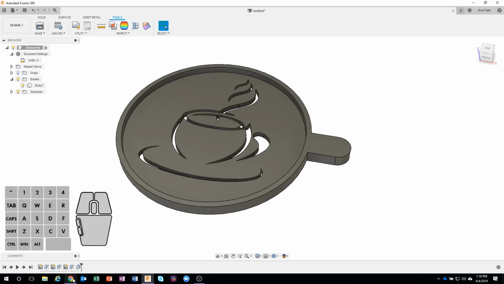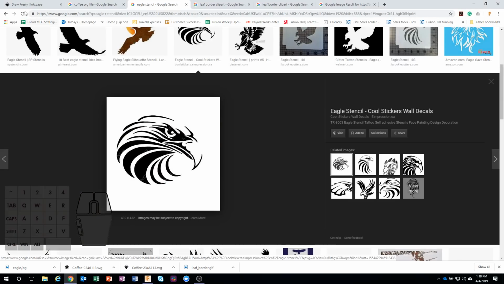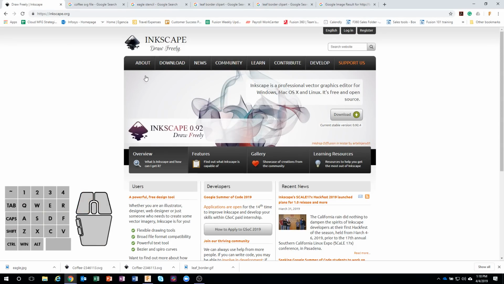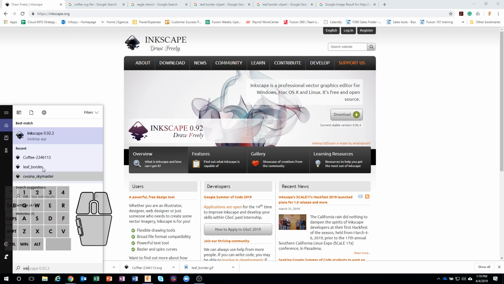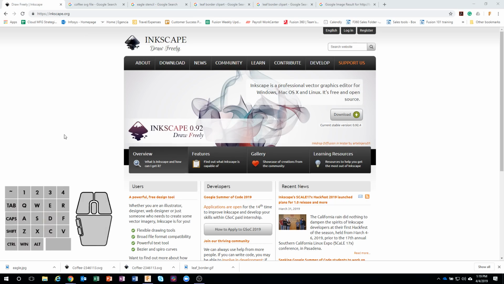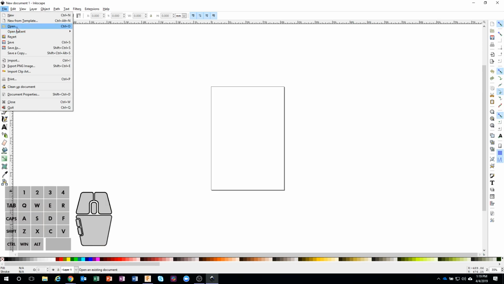So we'll jump back into Inkscape. Basically what I'm going to do now is load up Inkscape. So we just type it in. There it is. I am not going to teach you every single command in Inkscape. Like I said, it's a pretty powerful program. It's kind of like Adobe Illustrator. But what this allows you to do is I can come in and say, let's open